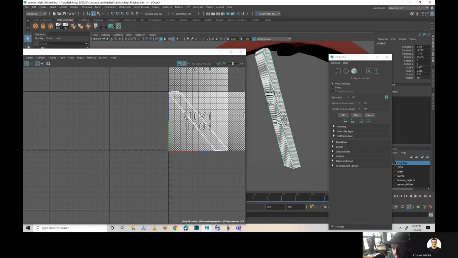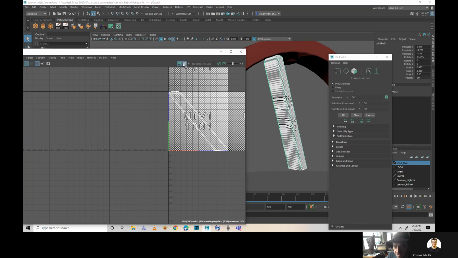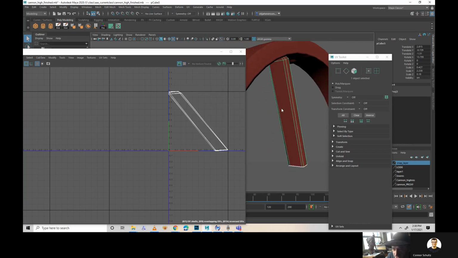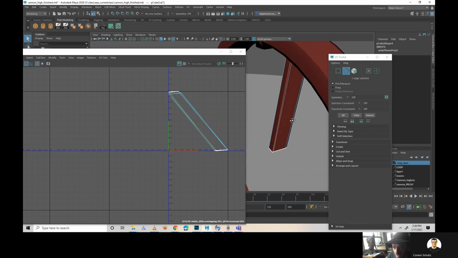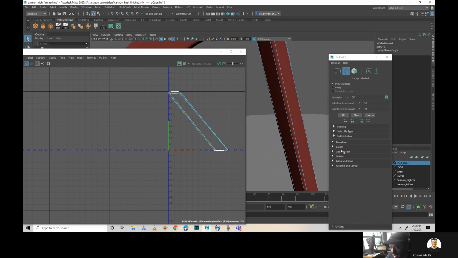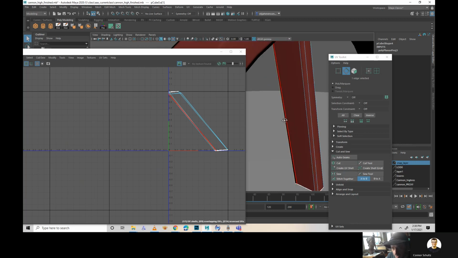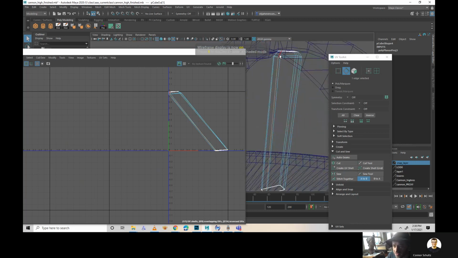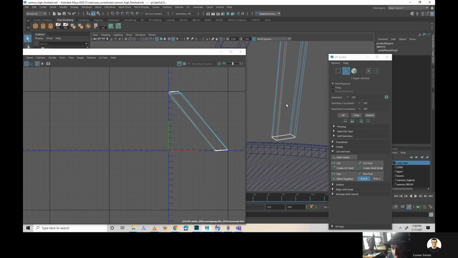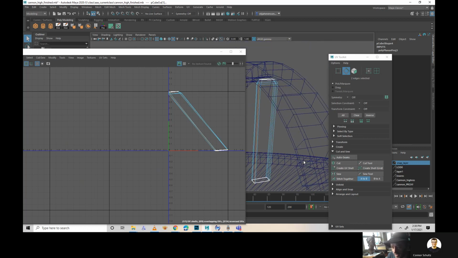But I need to find a seam, and with these struts, it's going to be easiest if I have as few seams as possible. So I'm just going to grab the very, very back edge, just one, and I will go to cut and sew, and I'll make sure I grab the whole edge, because if you notice, there's an extra little slice there that I'm missing. But if I grab that whole edge and I do cut, then I can select the UVs and do an